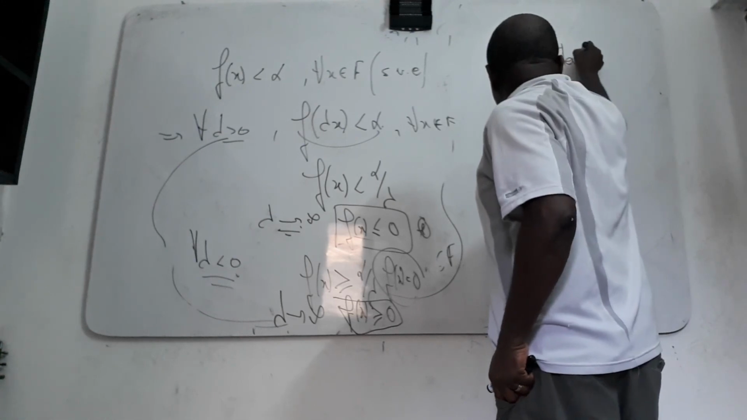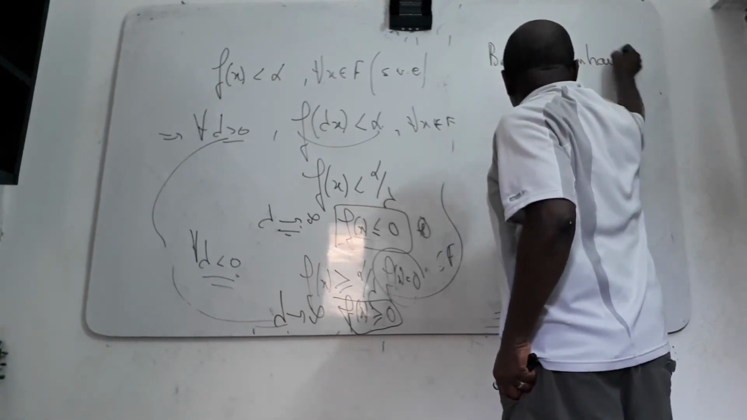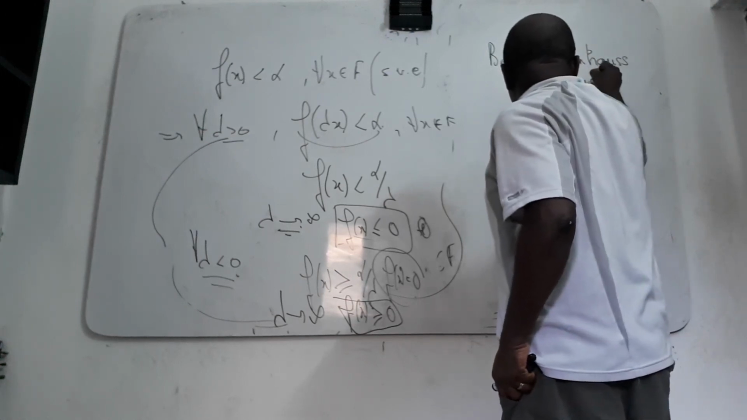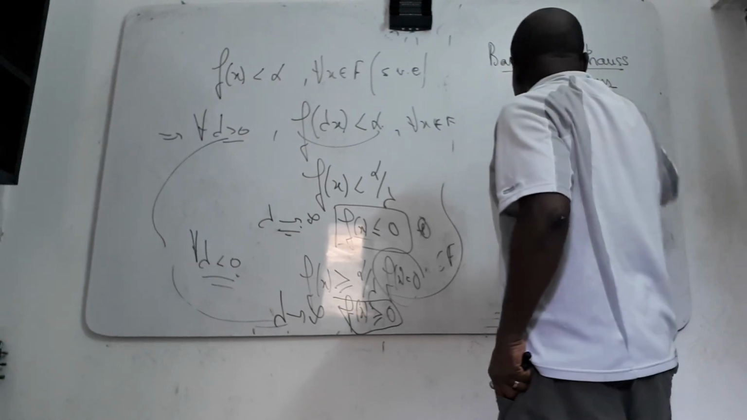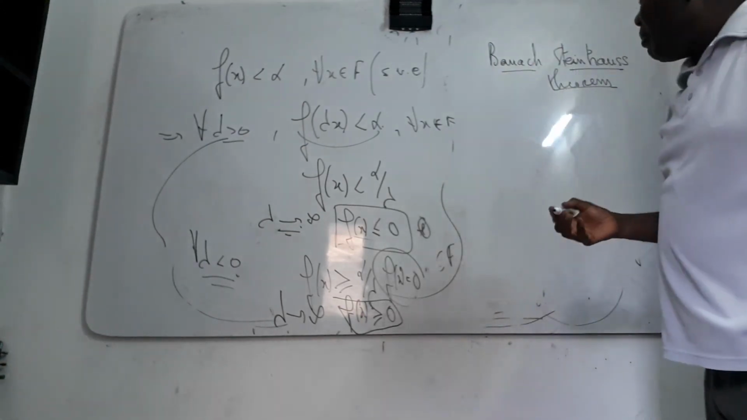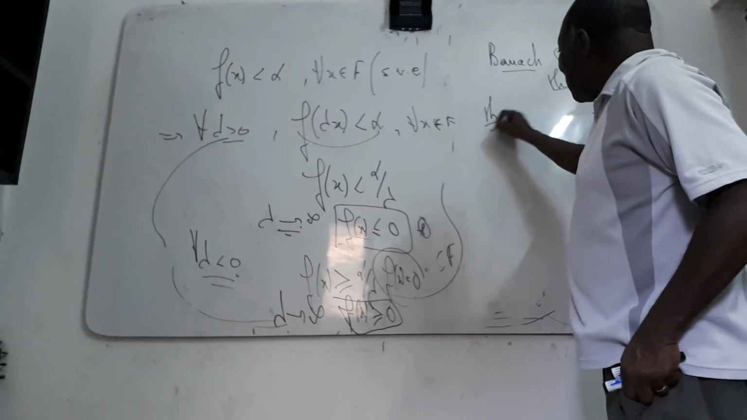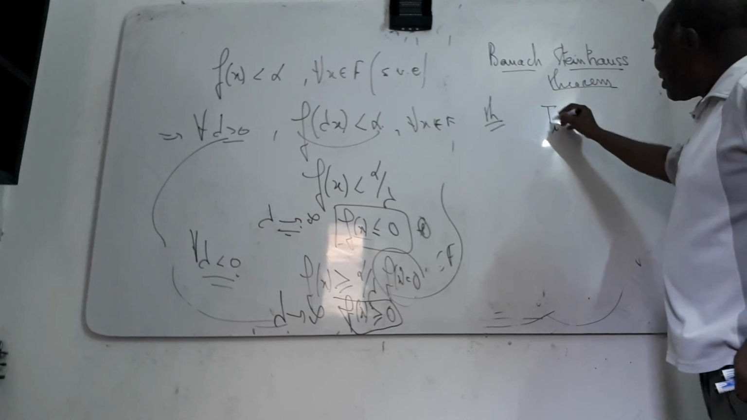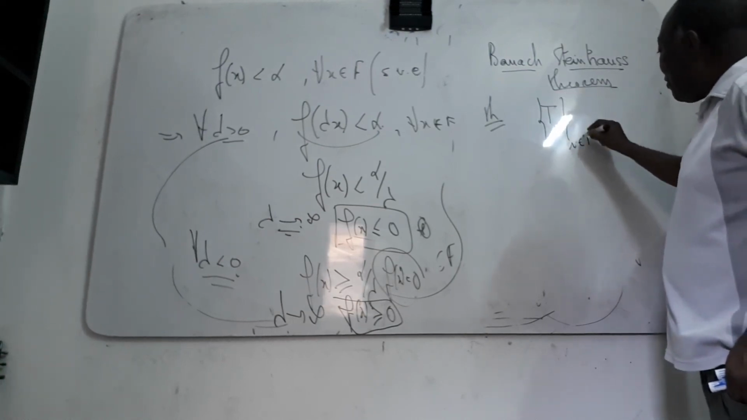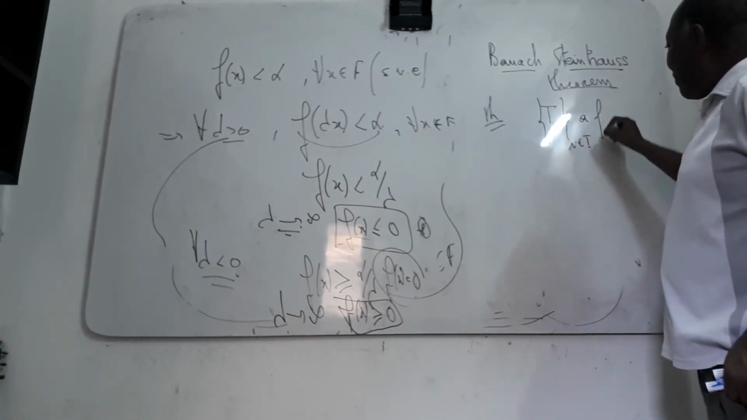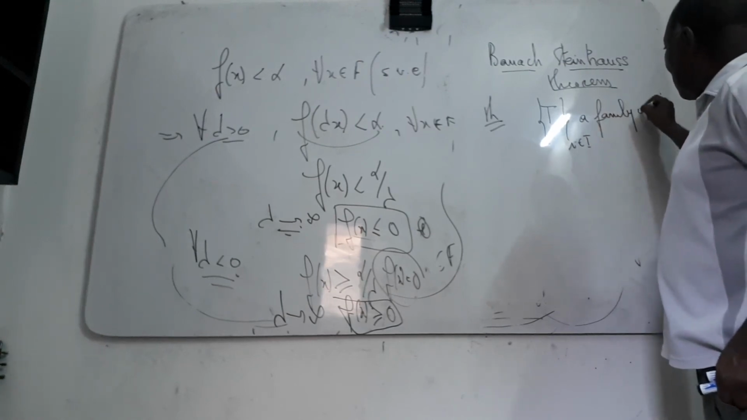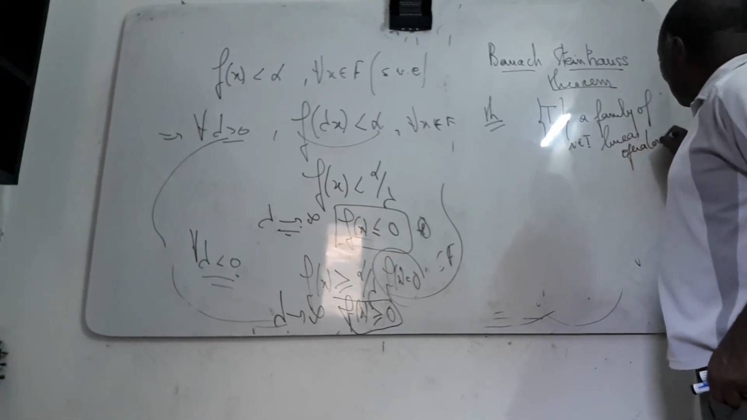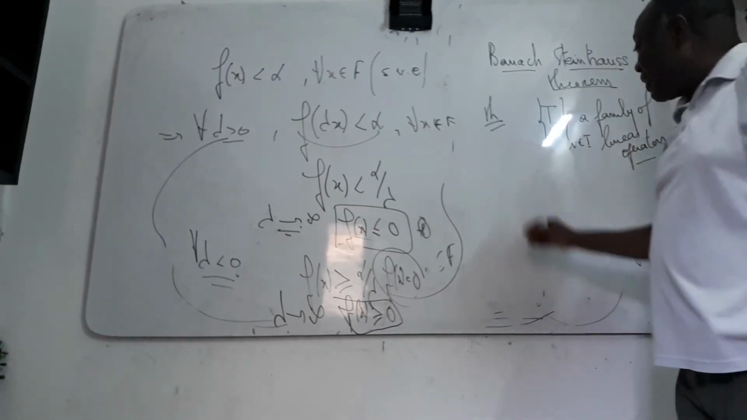Banach-Steinhaus theorem. Here you have a linear map, very simple too. The theorem says that when you have a family of linear operators like this, family of linear operators, such that